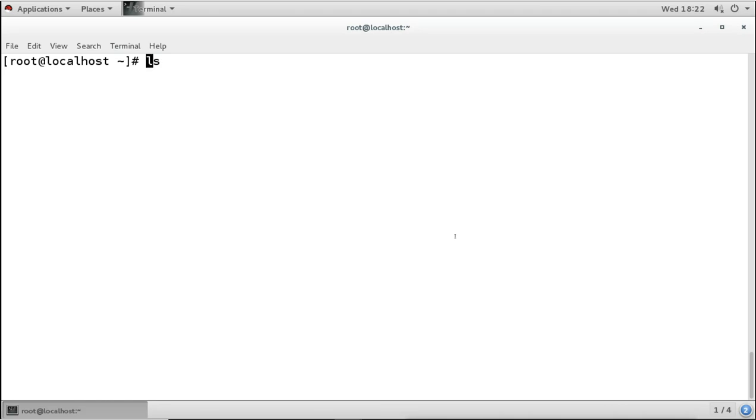That means with every software you get the manual. So with every command we have a manual here. In the manual we will get the detailed information. So if we want to see the manual, then we will use the command man, and after the man command we can use any command we want to know about. Suppose I want to know about the ls command, so I will give man ls, and when I press enter, it will open the manual.